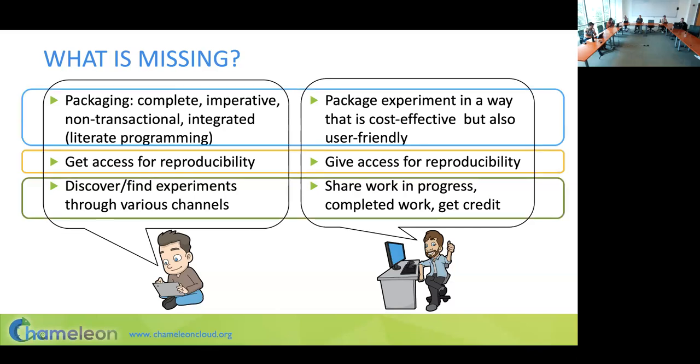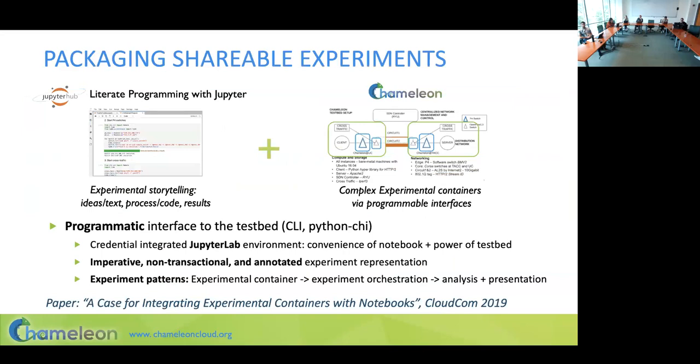So we've got services that our team developed in all three aspects of this, and I'm going to talk about them one by one, and then Mark will show you what it looks like in practice. So first of all, packaging shareable experiments. We already talked about literate programming. Jupyter is a great implementation of literate programming, and our users wanted to use Jupyter already. So what we did is we provided a Jupyter interface to Chameleon, right? We integrated a JupyterHub with Chameleon such that